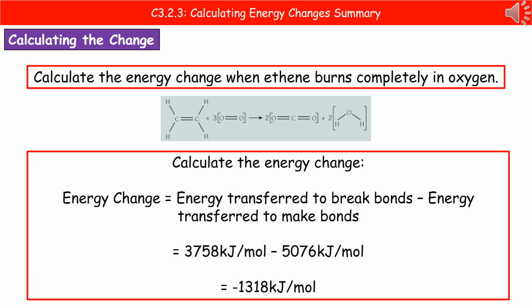So the last thing we then need to do is calculate the energy change, and we do that by having our energy transferred to break the bonds minus the energy transferred to make the bonds. So in our question that was 3,758 minus 5,076, which gives us an energy change of minus 1,318 kilojoules per mole. Make sure that you write down the sign, whether it's positive or negative, to represent the energy change. And make sure that you do have the energy transferred to break the bonds first in your actual